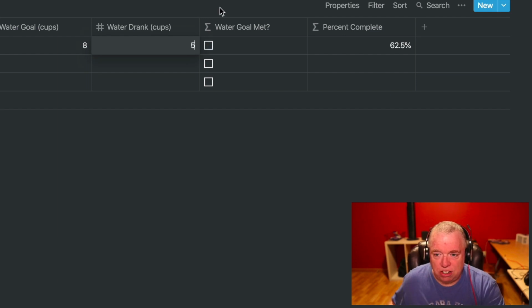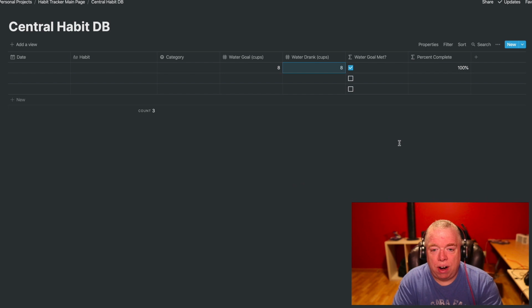As you can see, it changes to 62.5. If I did 2, it's 25%. But let's say I drank all of it, it's 100%. So right away, I have my first one in here, which is really cool. And so the next thing I want to do is to build my next one, which is going to be